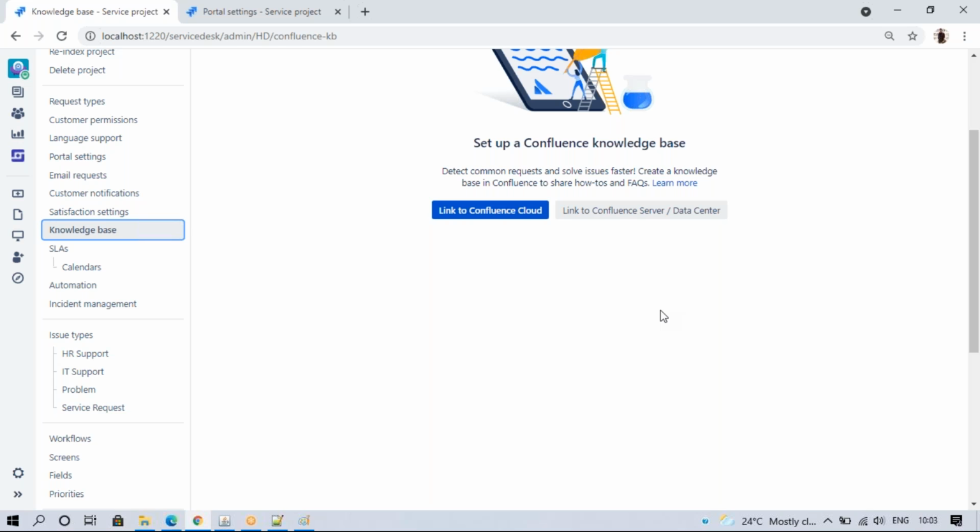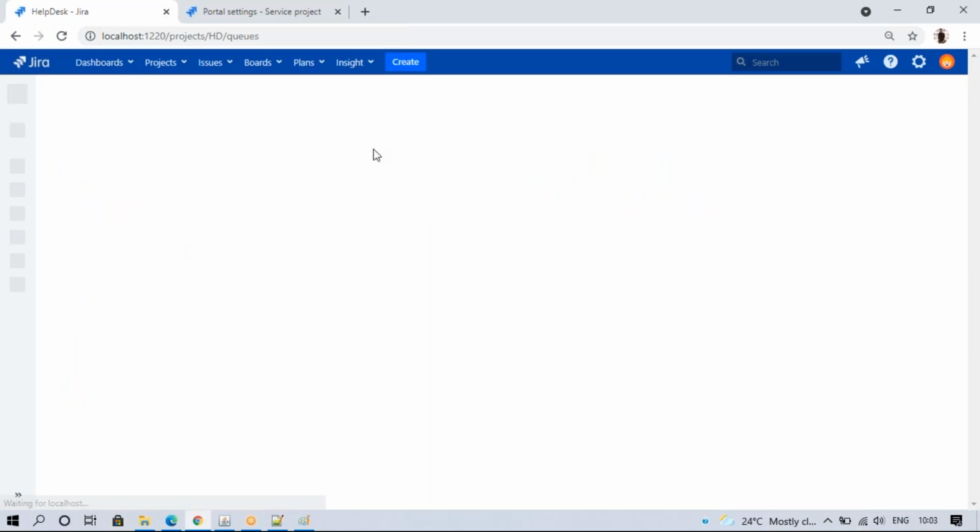So where do they check the information? For example, when a request is raised in this project, the documentation in the Confluence page is automatically linked to this project's issue. Suppose I have this issue.